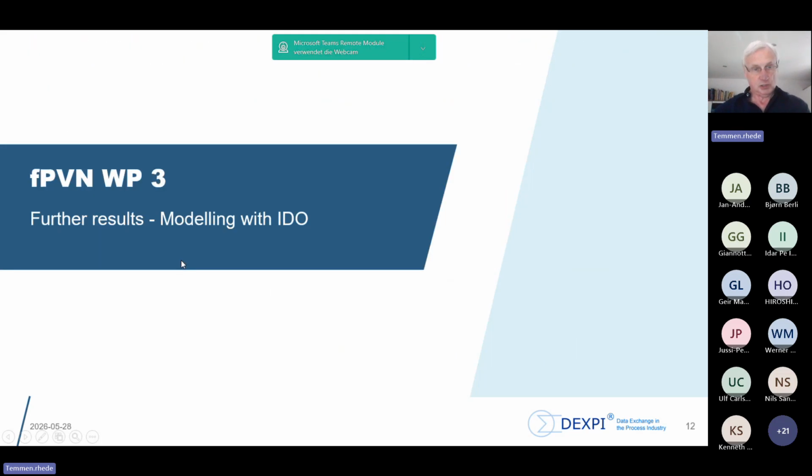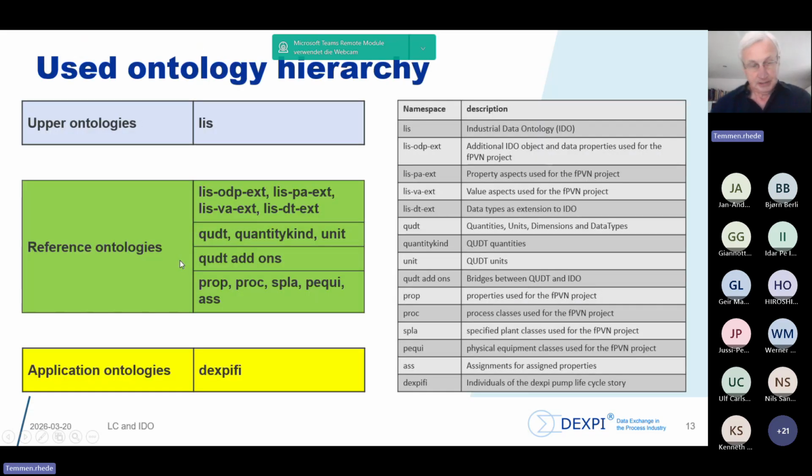And now let's go to the modeling results, a little bit deeper. We start with the upper ontology LIS, and on the bottom, let's say a DEXPI file. And here we see in the middle, we need some more reference ontologies to, let's say, that we are able to model the pump life cycle story with the upper ontology LIS. We have here first, we use for the unit of measurement system QDT, and we have to add some QDT